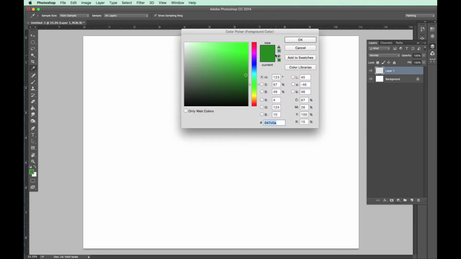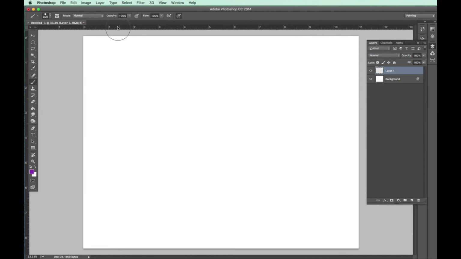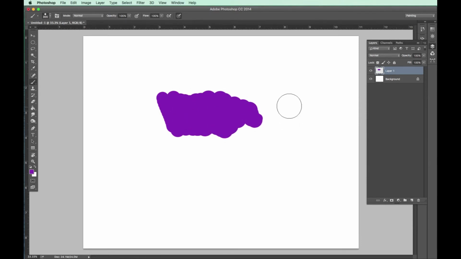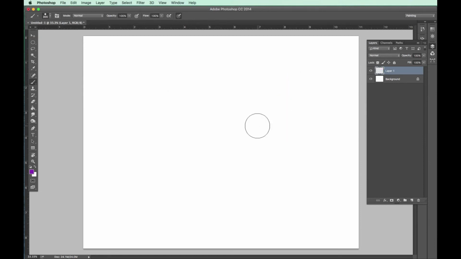If I select a color, like let's say purple, and you see it set to 100% opacity, I can scribble in solid bits of color, or I could hatch in solid bits of color, and that's the full strength of the color itself. Well, what opacity does is it waters down the color. So if I were to manually grab this slider and take it down to like 50, that would be 50%